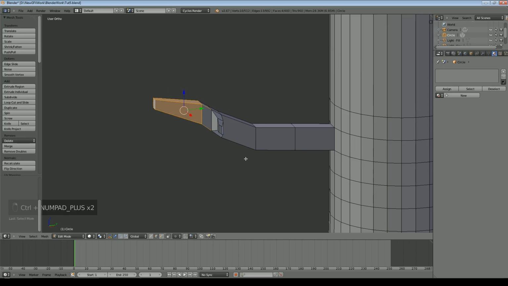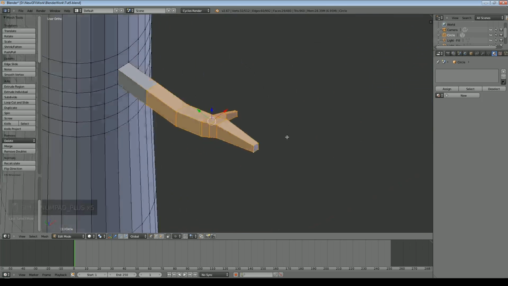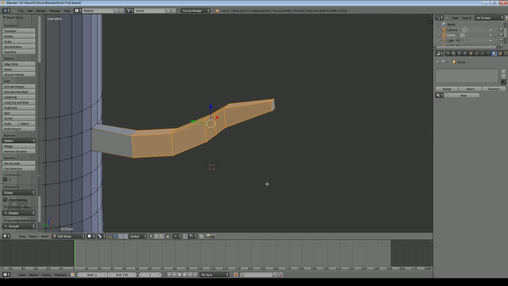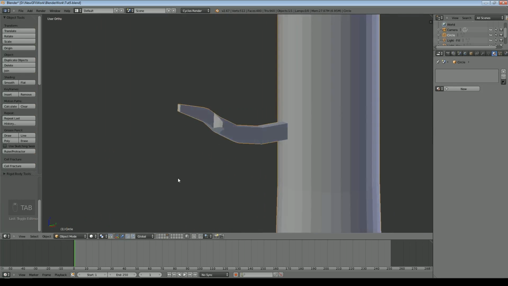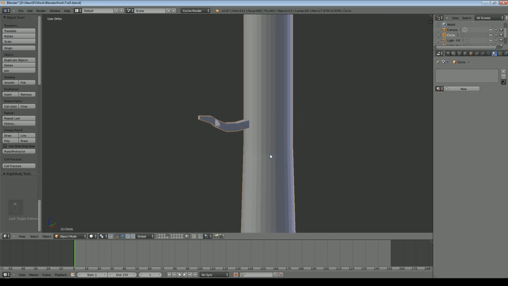And if we just select these 4 vertices, Control plus, by the way, will effectively run down the vertices and select more vertices, which can be quite handy. As you can see, that's given us a bit of a bend there. I could put more twigs or whatever on there. How many branches you do is entirely up to you.